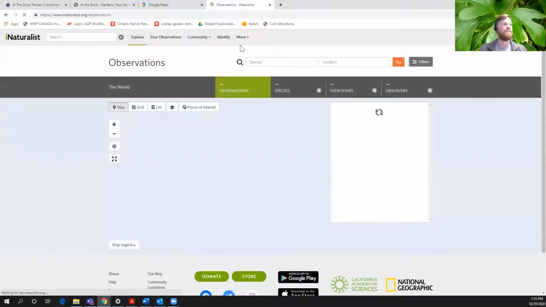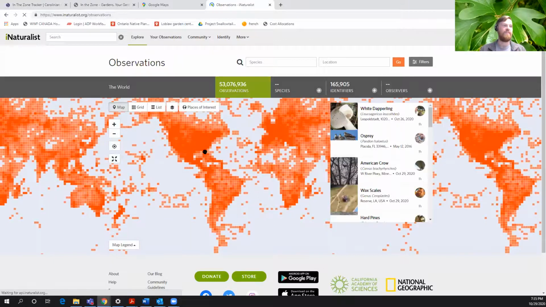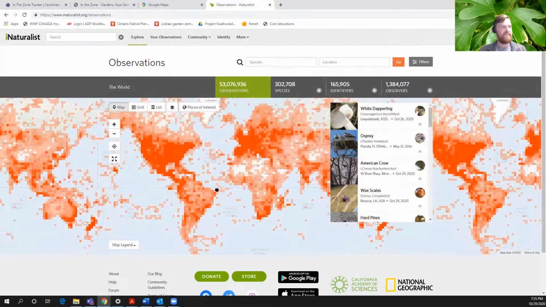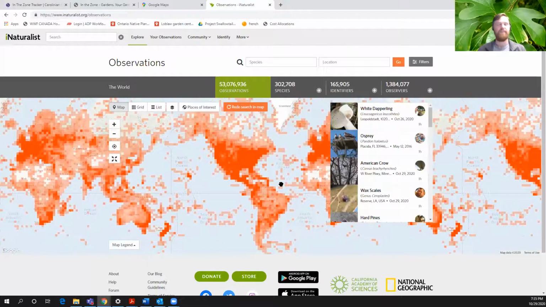This first page that I'm going to show you, you don't have to log on to see. We're not actually directly affiliated with iNaturalist, but it's just an open thing that anybody can do. And I really, really encourage everyone to do this. You will get so much out of it too, because you can learn so many things from iNaturalist.